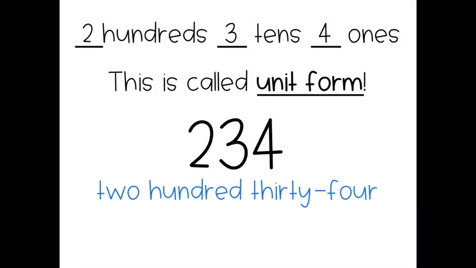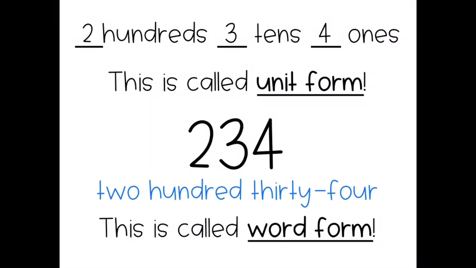234. Now you'll notice that instead of digits, we have words written. We call this word form. So right now on your screen, you're looking at a number represented 3 different ways. You have unit form, 2 hundreds, 3 tens, 4 ones. You have the standard form, which is just the plain old number, 234. And then you have the word form, which is written out in words,